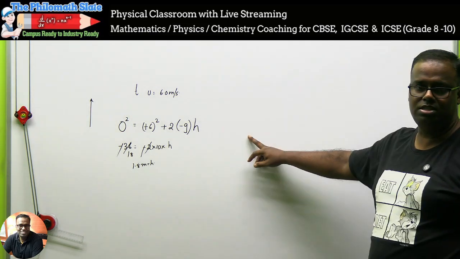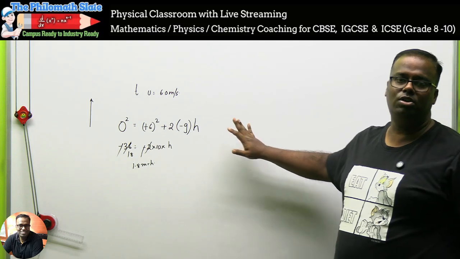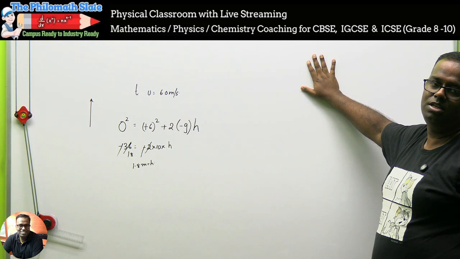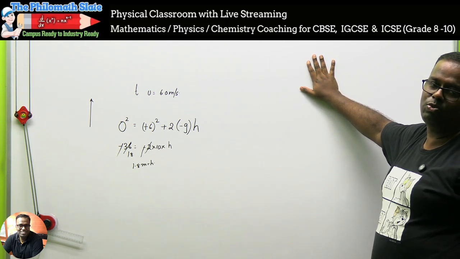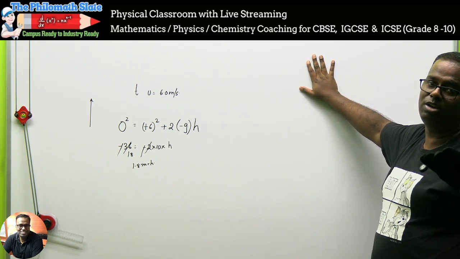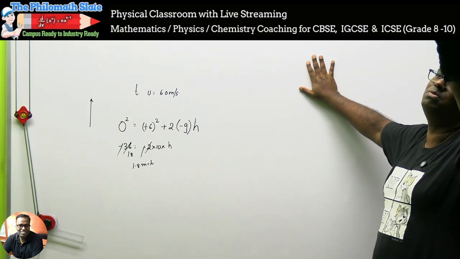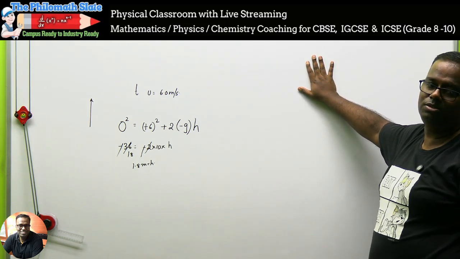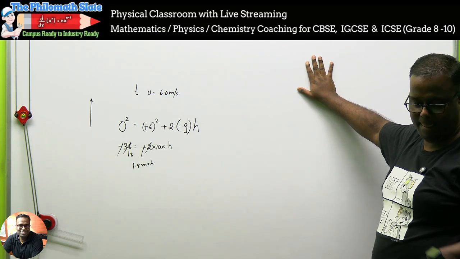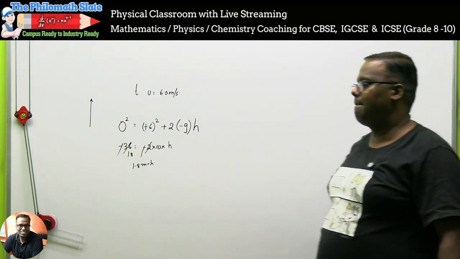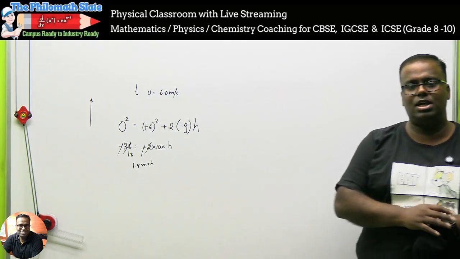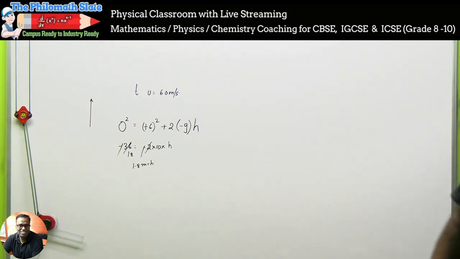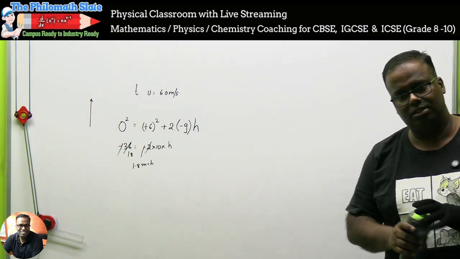Did you understand this part? Anyone who did not understand? v square equal to u square plus 2as, or you can take v square equal to u square minus 2as because you are going against gravity. That's the best way to understand. Against gravity minus, with gravity plus. Check. Did you get a little confidence? Are you feeling a bit better now? Right.